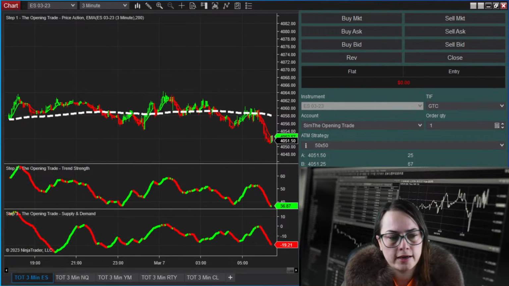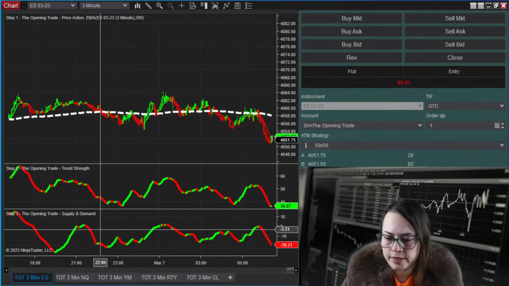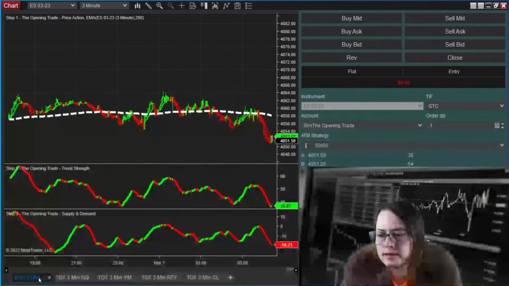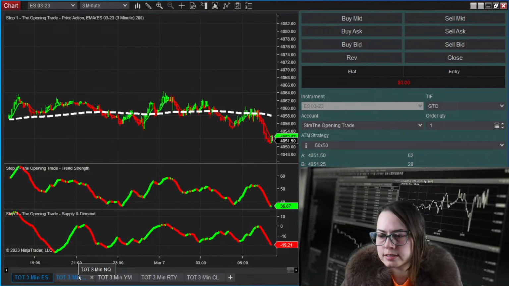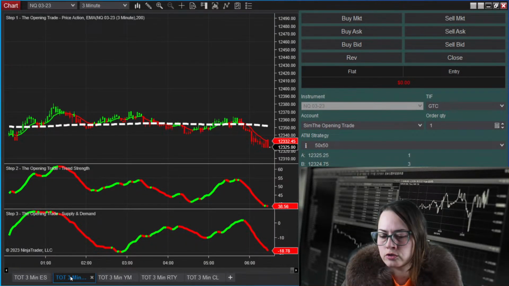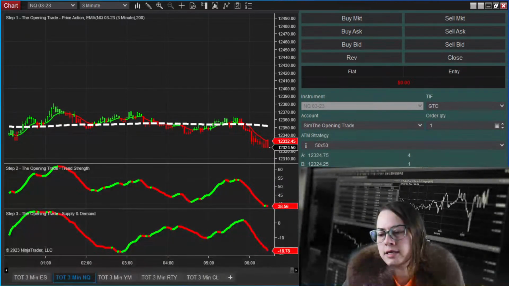All right, so we have less than 4 minutes before we see the New York open. So let's take a look at our chart. Here is the S&P 500, and we can see it is a little bit below the 200 period EMA there, and we can see on the next chart, which is the NQ, so NASDAQ futures, we see that the market has pulled down below the 200 period EMA finally.